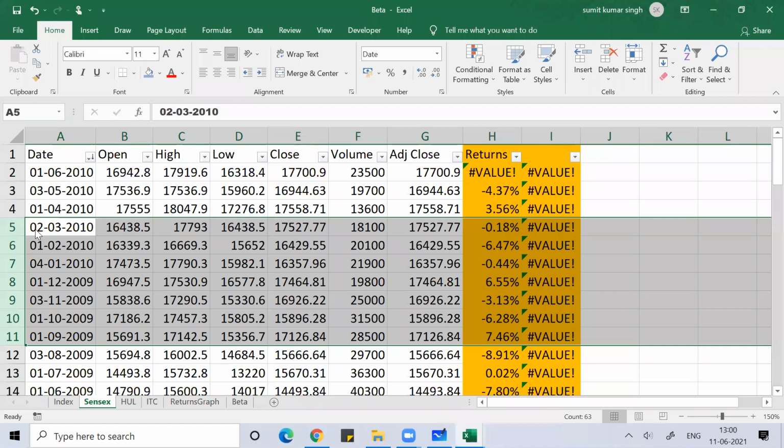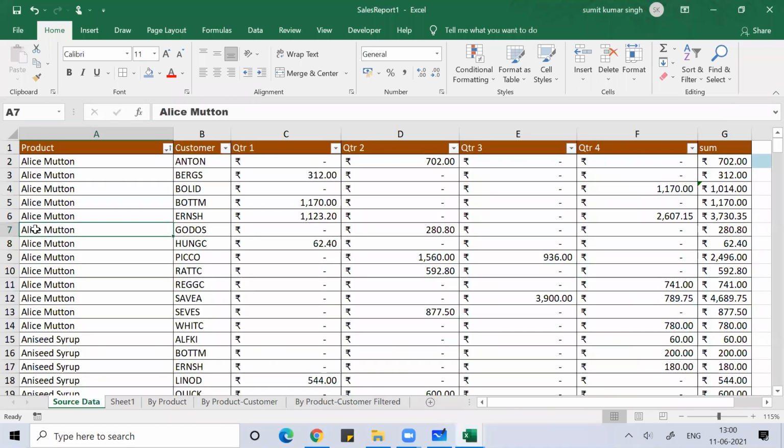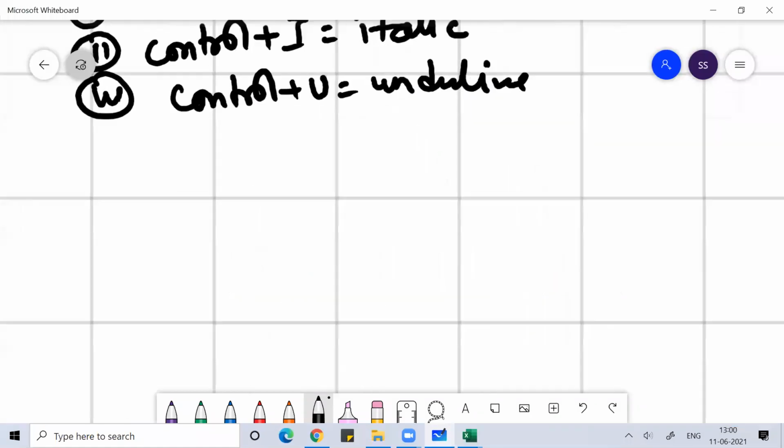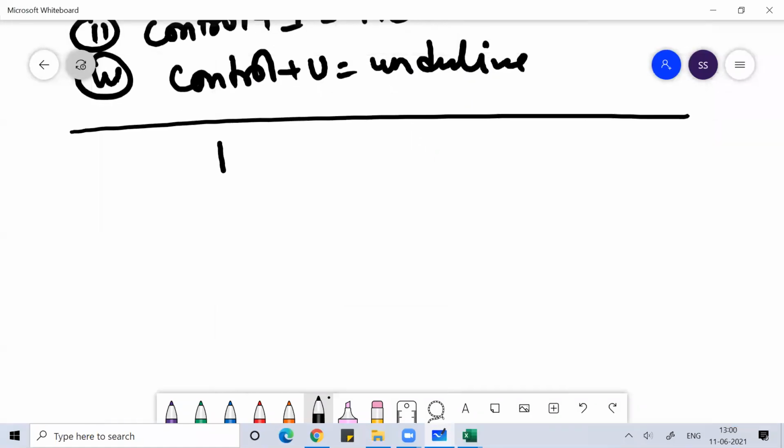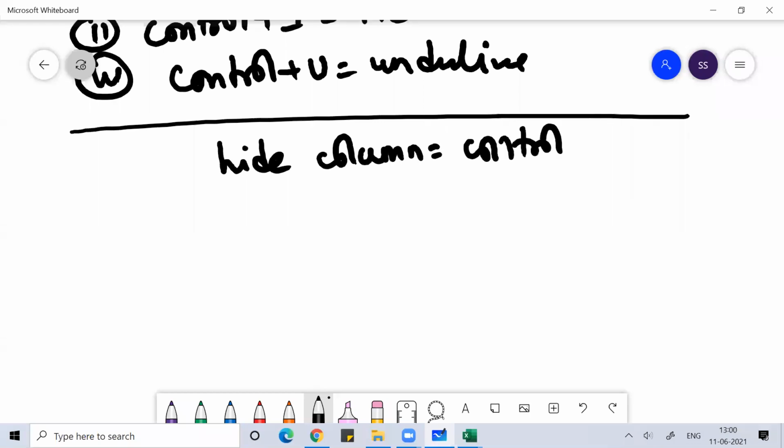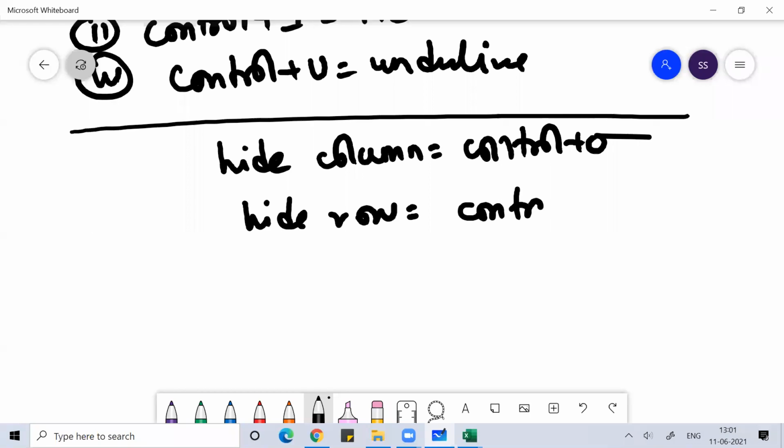To hide a column, Ctrl+0. To hide a row, you can do Ctrl+9. To unhide a column, this is not working in my system.